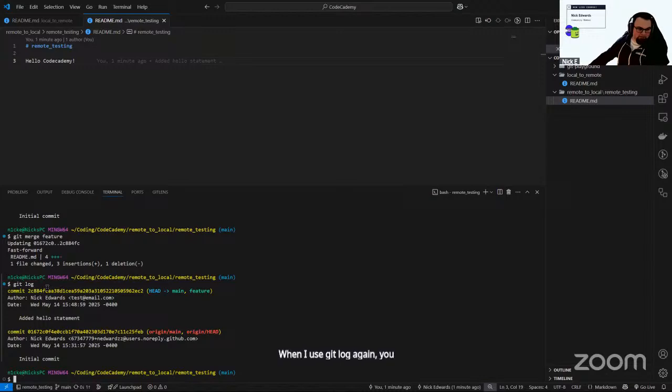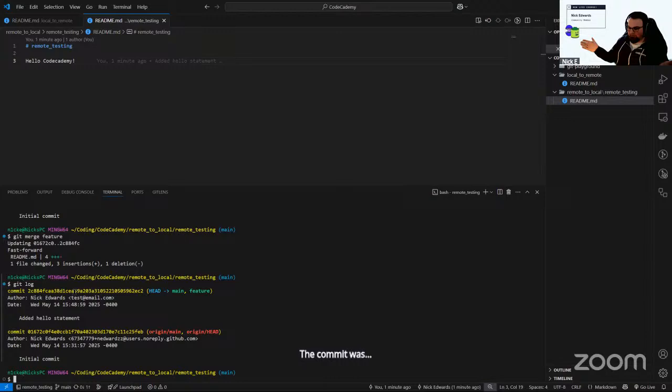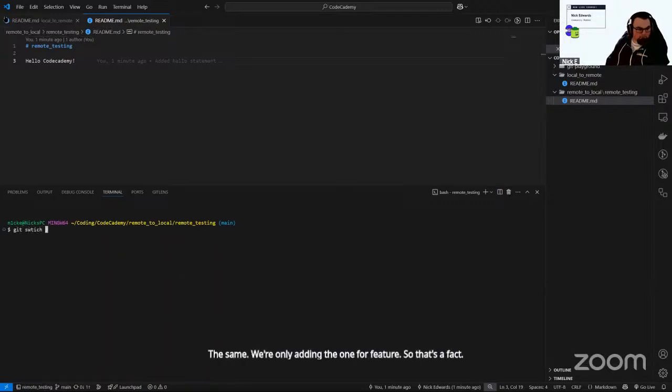There's not a third commit showing that we needed to take this commit and merge them together, because main never diverged from when feature got checked out originally. The commit was the same. We're only adding the one from feature. So that's a fast forward merge.